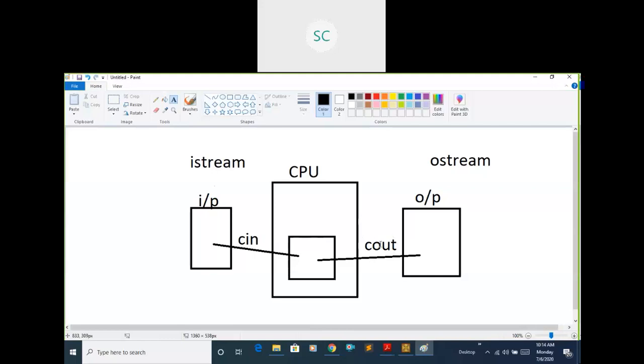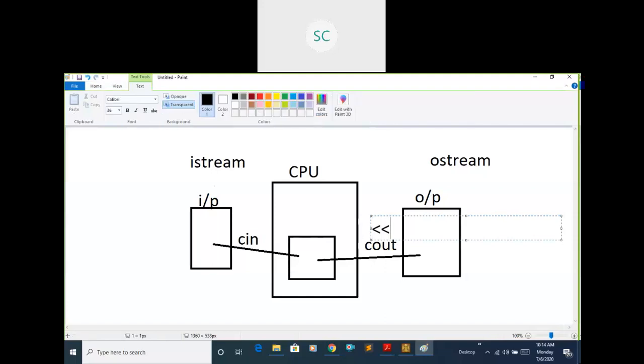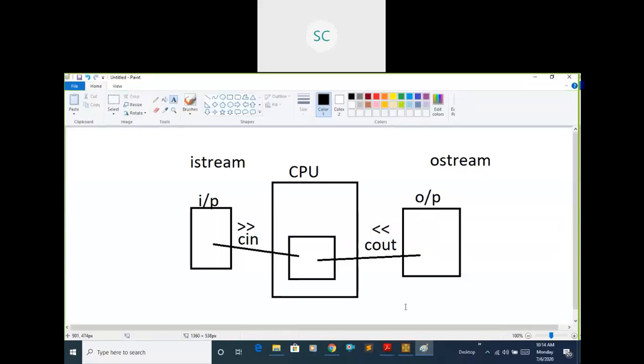Here we use this symbol, the insertion operator, whereas in cin we use the extraction operator. The insertion operator we use while printing the message. The same way, to read the data from the keyboard or some input device, we use the cin object along with the extraction operator.